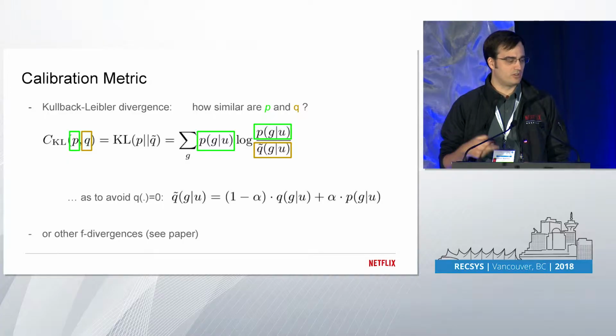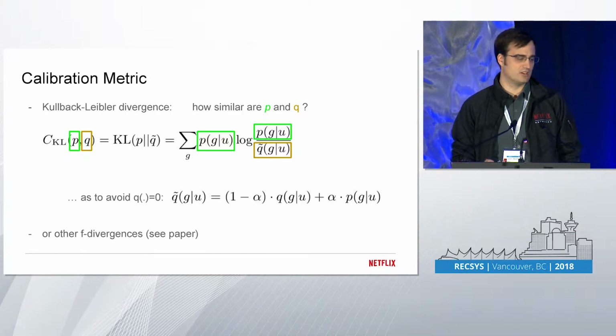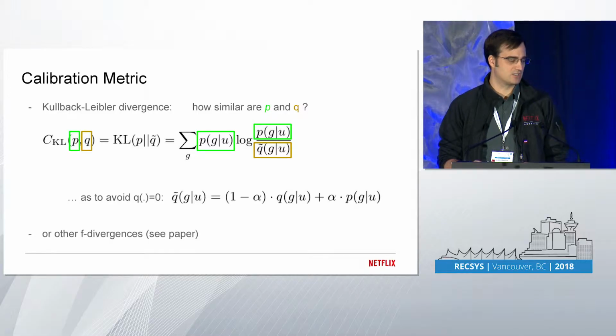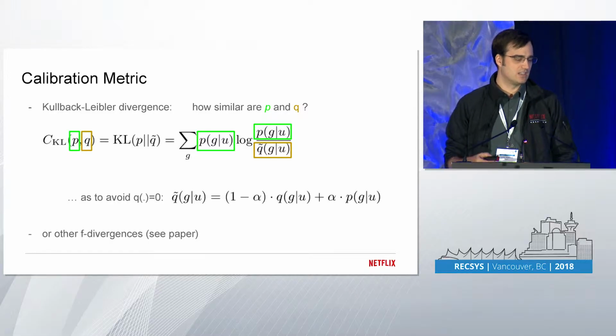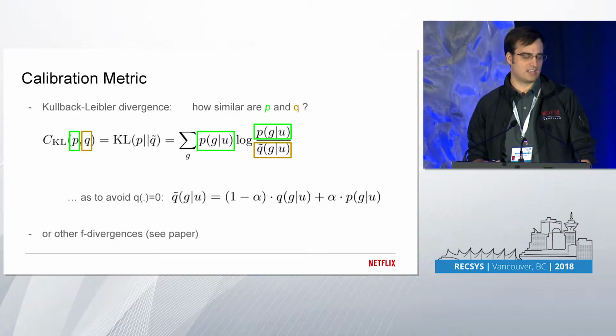And then to handle cold start problems and diversity, you can also add a prior term where you have some base distribution of genres that you also add into the user's distribution. Then we can similarly also define the genre distribution over a list of items, which is here represented by Q.